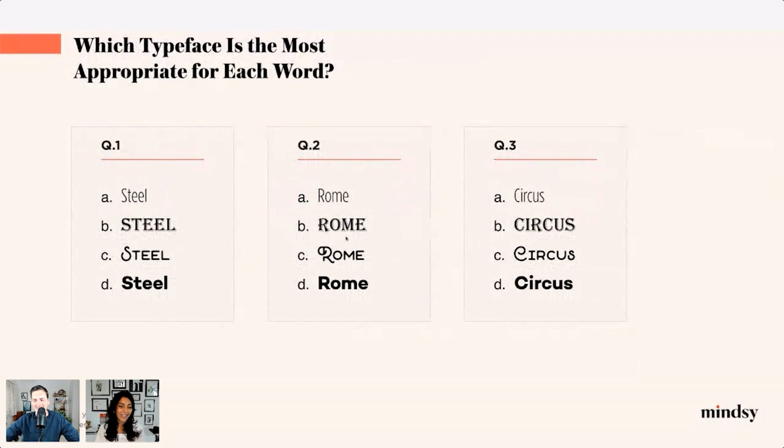But I want, I don't know if Tom, if it's okay, I want to connect with all the people who are in the chat box and play a game, not really a game. Yes, we love that. So let's interact. I want to hear their opinions. There are three questions here. Question 1: which typeface is the most appropriate for each word? Because when you're choosing a type, it should have meaning and relate to the word. So on Q1, you will see there is an option, the word steel. Type in the chat, and Tom, you can monitor it.